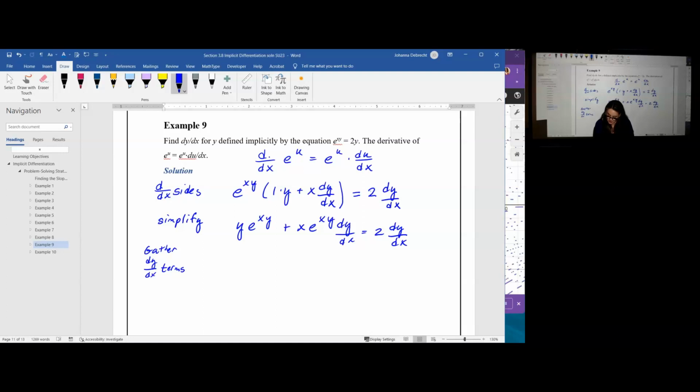This is going to give me x e to the xy dy/dx minus 2 dy/dx equal to negative y e to the xy. In the gather term, we're only adding and subtracting things from one side of the equation to the other. Then we factor out the dy/dx,